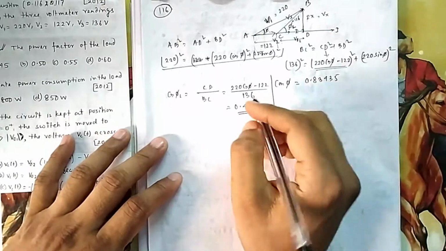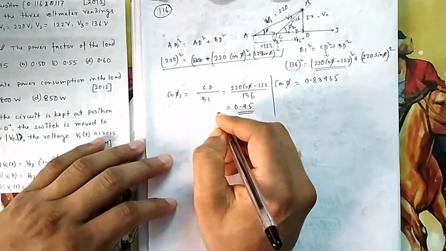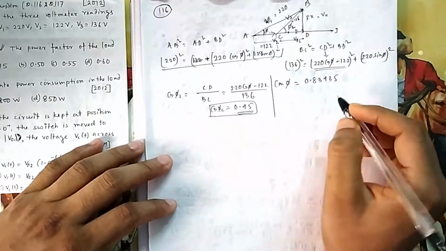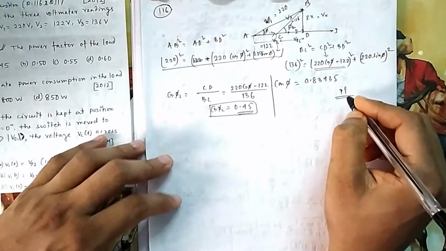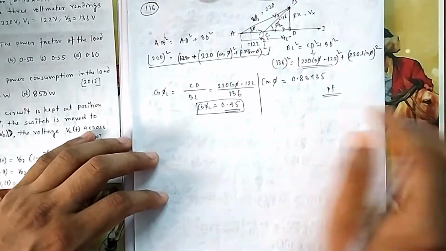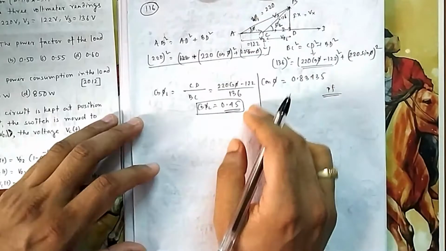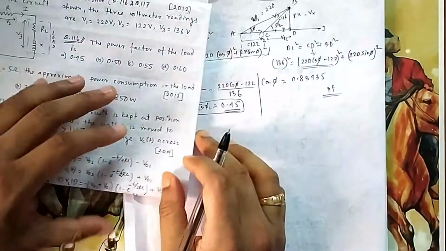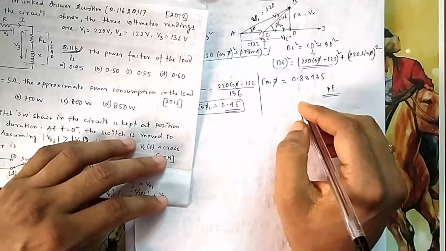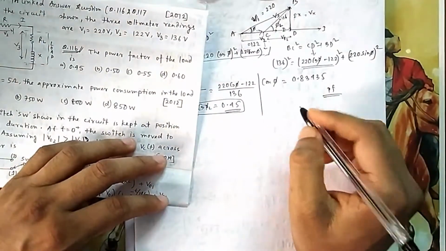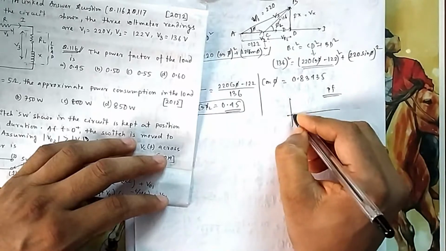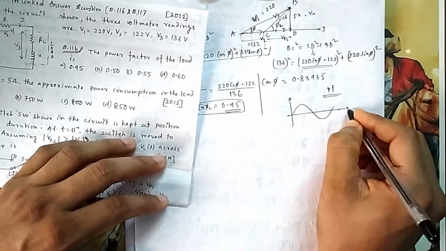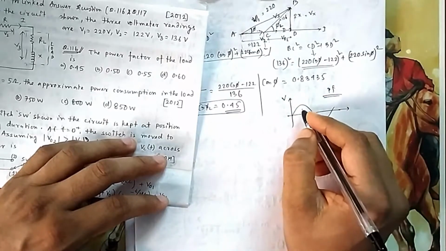So if I say power factor, now a little bit extra I am talking about here about power factor. What is the meaning of power factor? Someone asked me what is the meaning of power factor. If I say it is the angle between voltage and current, for this type of simple circuit it is okay, but it will be a little crude in meaning, it will not properly justify. So actually if you see your voltage curve, sinusoidal voltage curve, so if it is V,